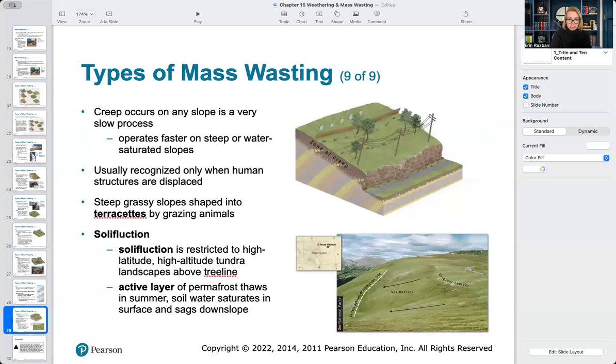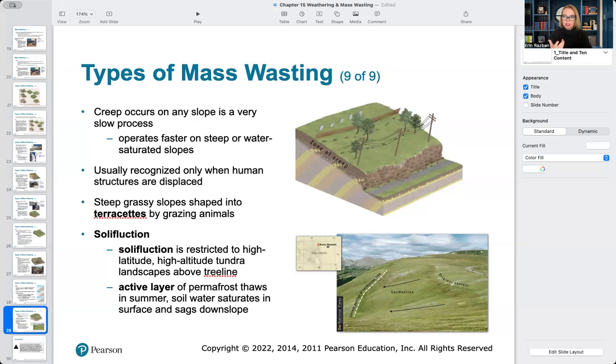Now, the process is very slow, perhaps just millimeters every year, but it is faster on water-saturated slopes. Because of its gradual nature, the results of creep are usually only recognized by the displacement of human-built structures. So when you're looking for creep, look for tilted fence poles or utility poles. The fence pole is put in vertically, and as the creep occurs, if it's creeping downhill, the utility pole or the fence poles will start to lean,